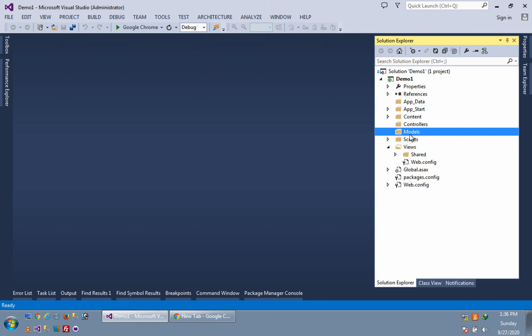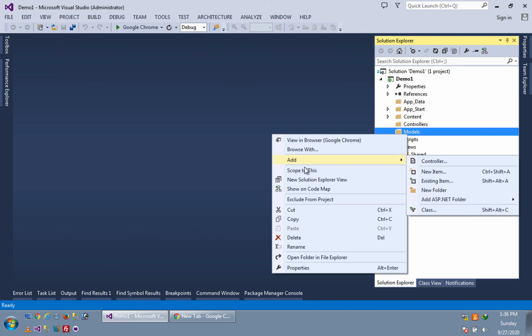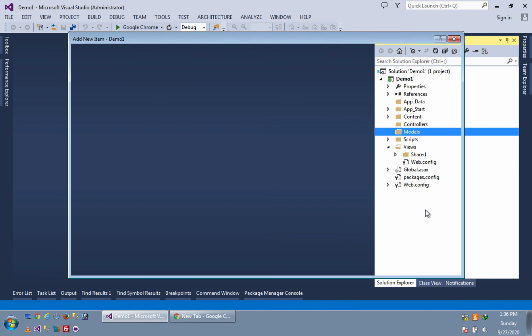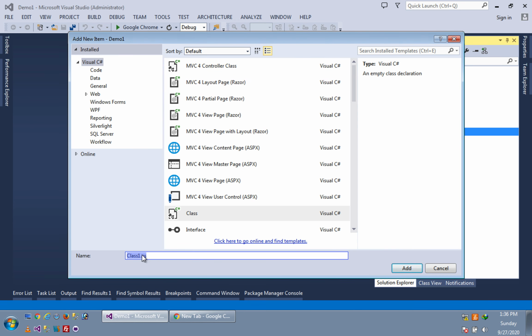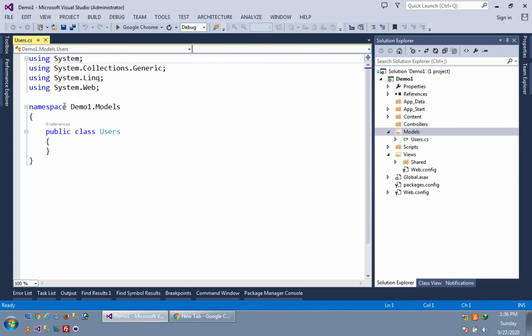For that I am creating one class in the models folder. Add class, and I am giving the class name users. You can see the namespace is demo1.models, and in this namespace we have created a class called users.